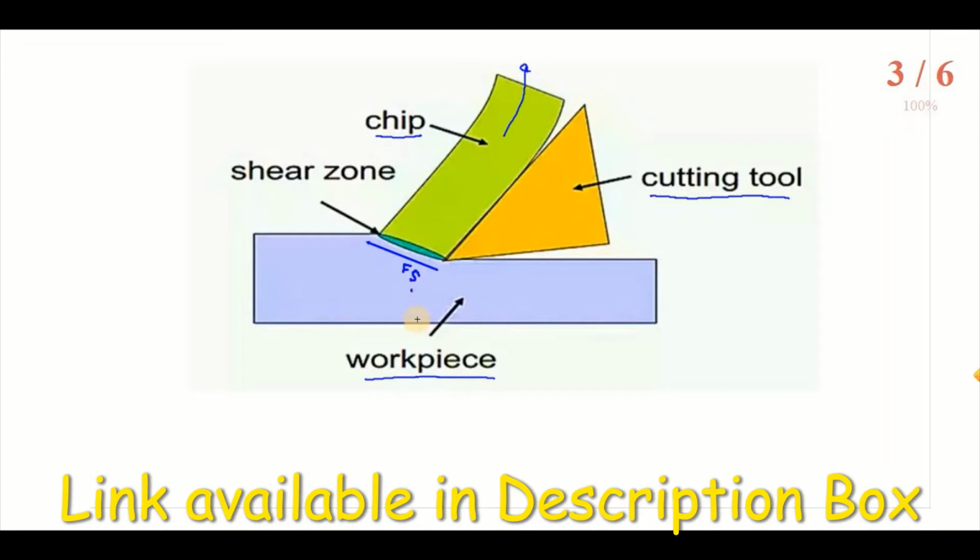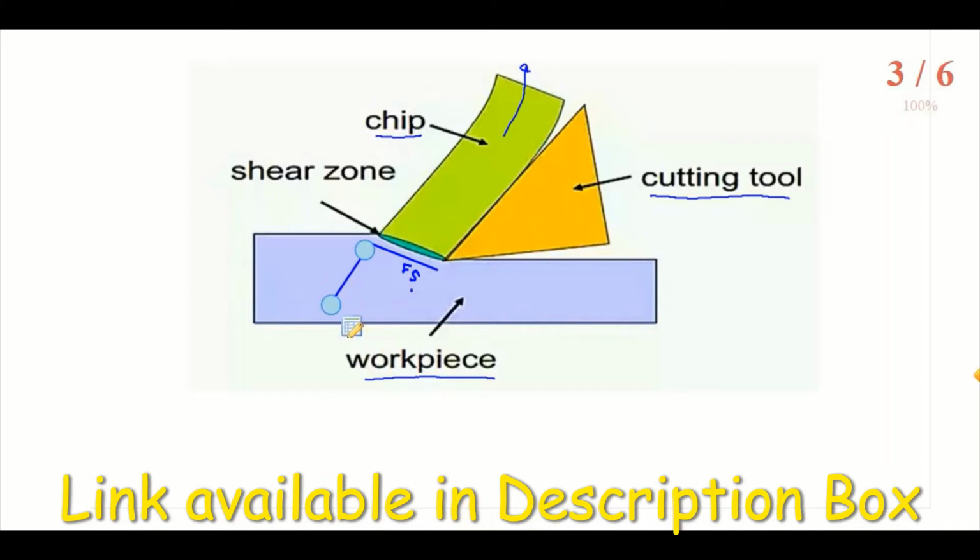This force Fs is the resistance to the shear of the metal in forming the chip. So this shear force is the resistance which forms the chip from the workpiece material, and this force acts along this shear plane. And normal to that shear force,